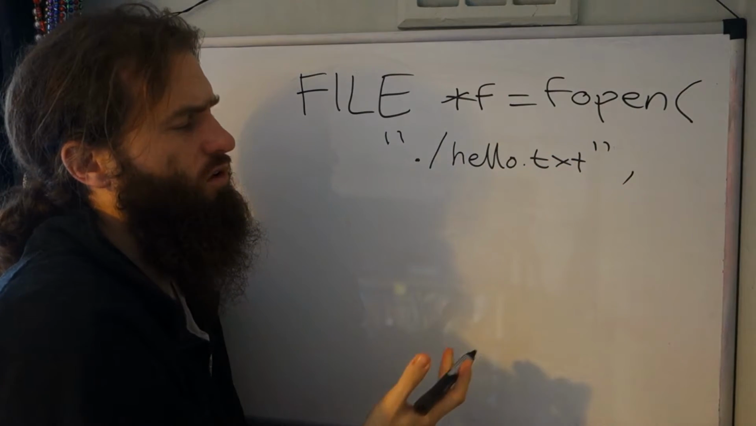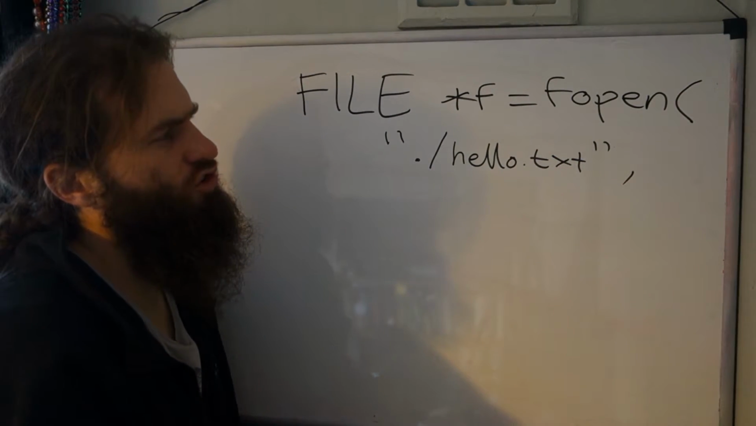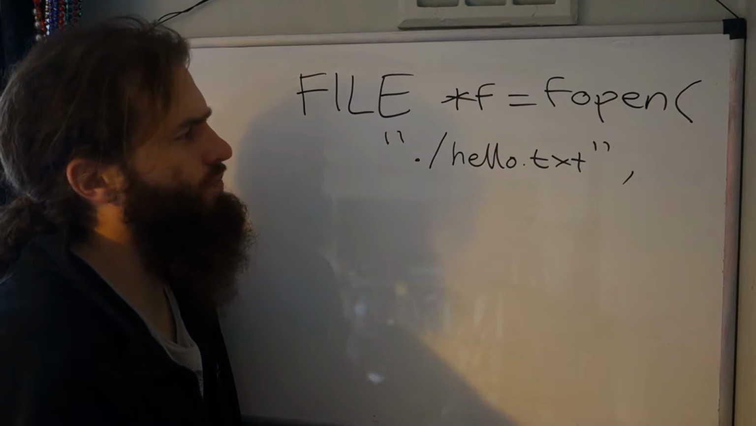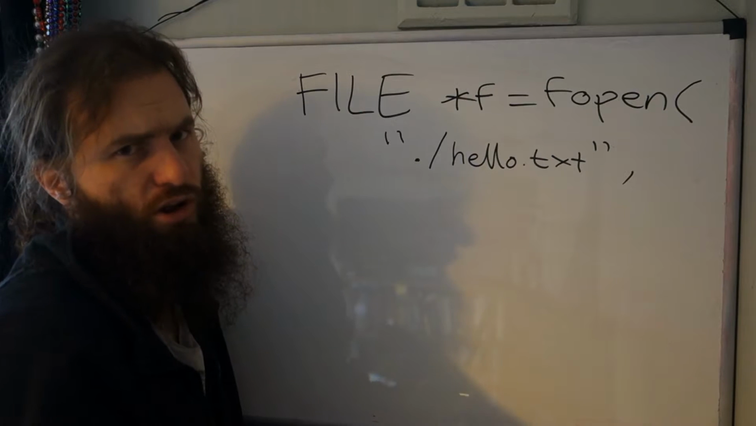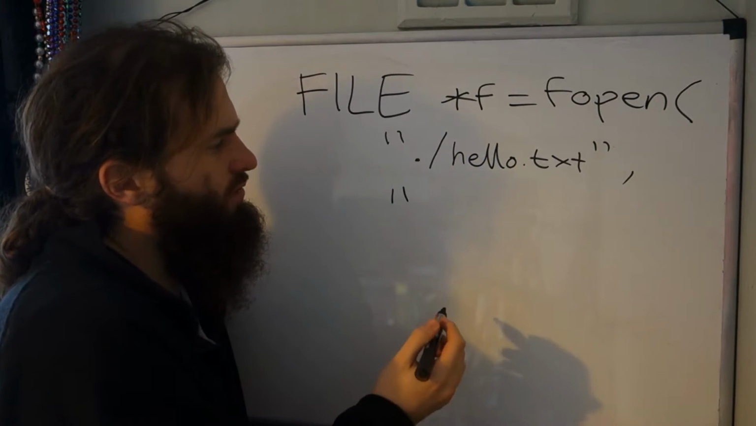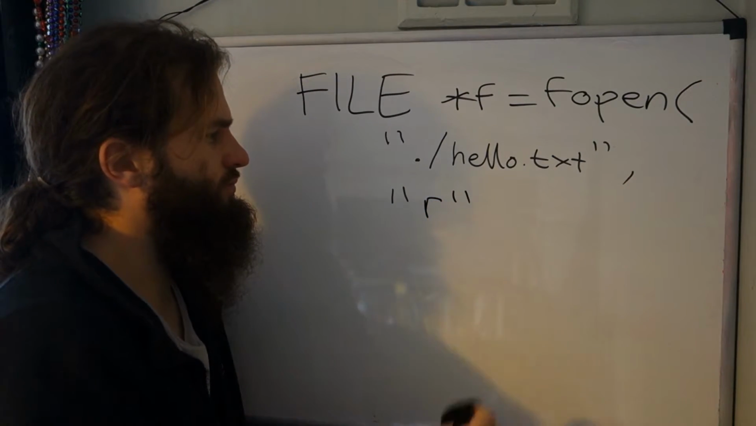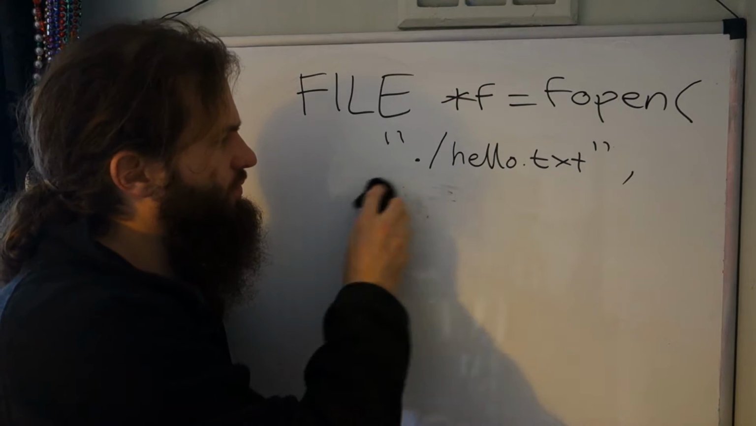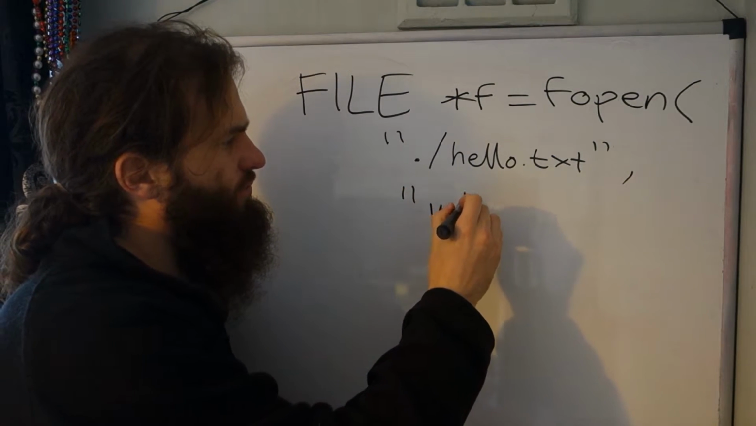And this is obviously quoted. And then the second argument is how you wish to open the file. There are three primary options. You can either open the file for reading, and that's how you do that. You can open the file for writing,